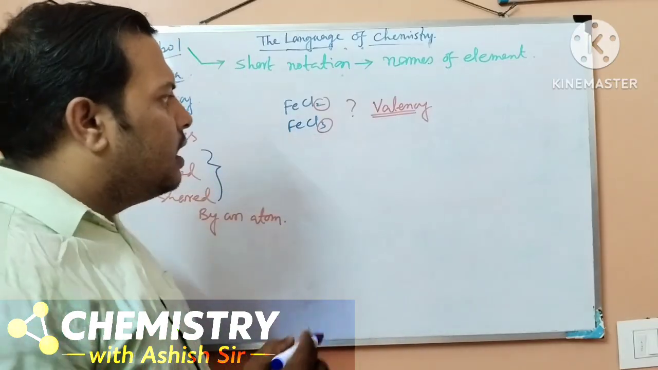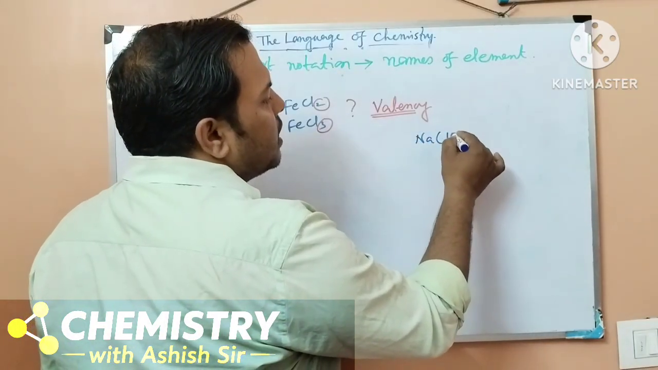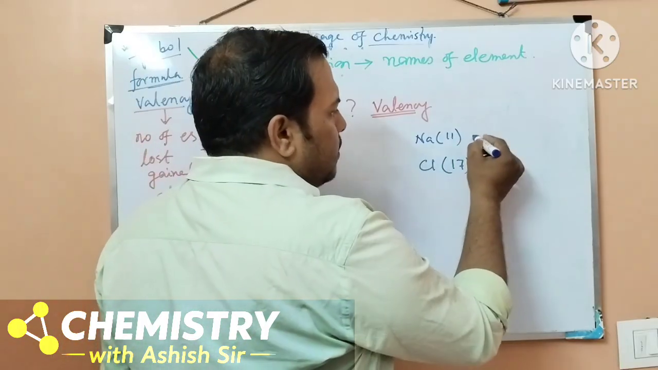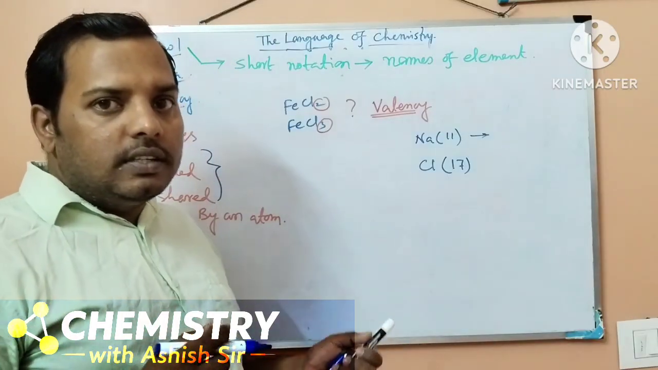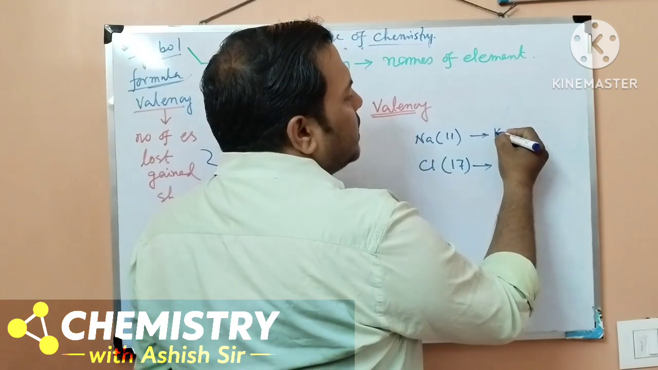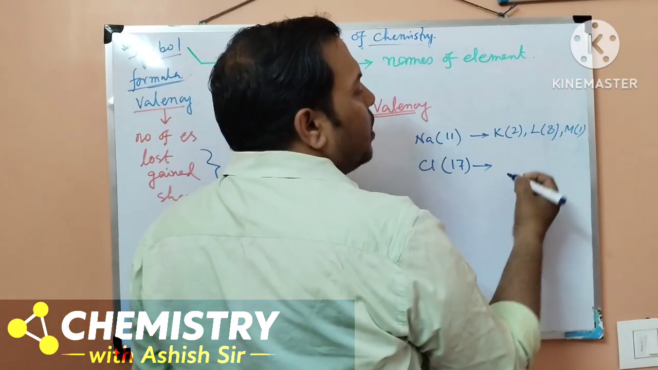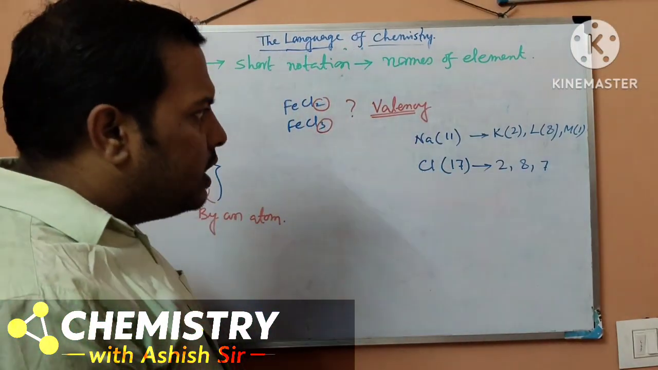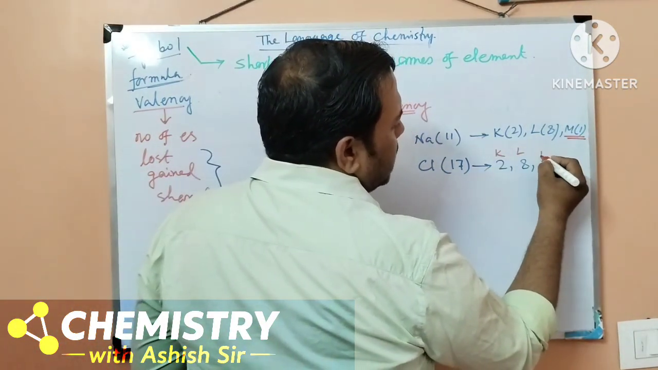When you have learned atomic number, the number of protons, for example sodium, what is the atomic number? 11. Chlorine, what is the atomic number? 17. That means in a sodium atom there are 11 electrons present, and in chlorine there are 17 electrons. These electrons are arranged so that the K shell contains 2 electrons, the L shell contains 8 electrons and the M shell contains 1 electron. For chlorine it is 2, 8 and 7. We already knew that the last shell, here the M shell and here also the M shell,